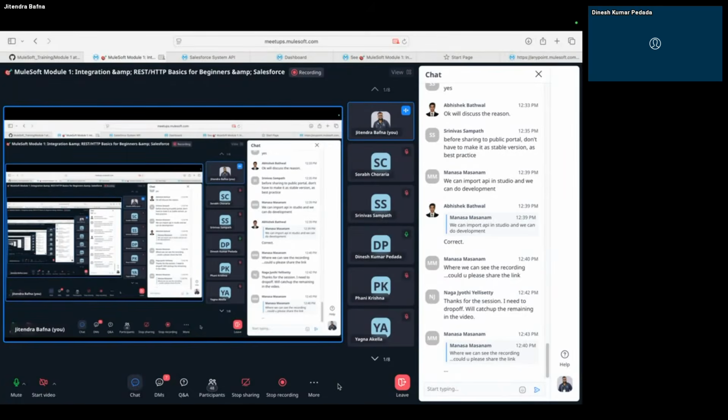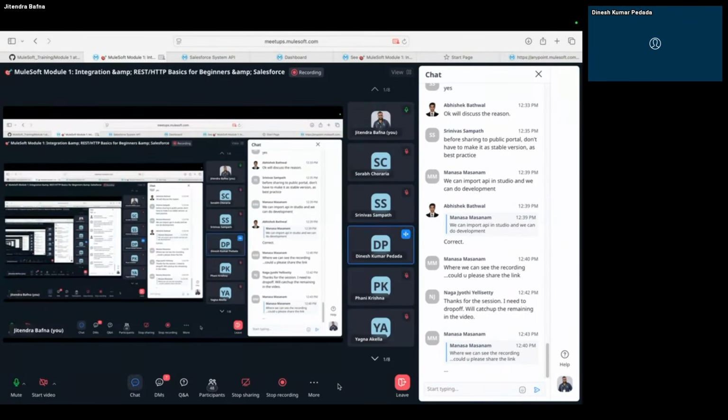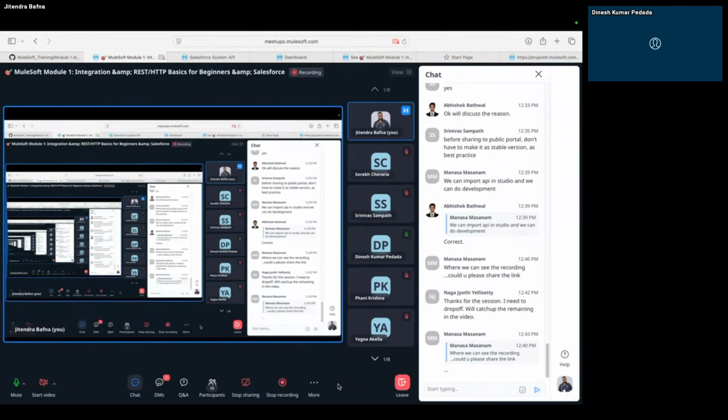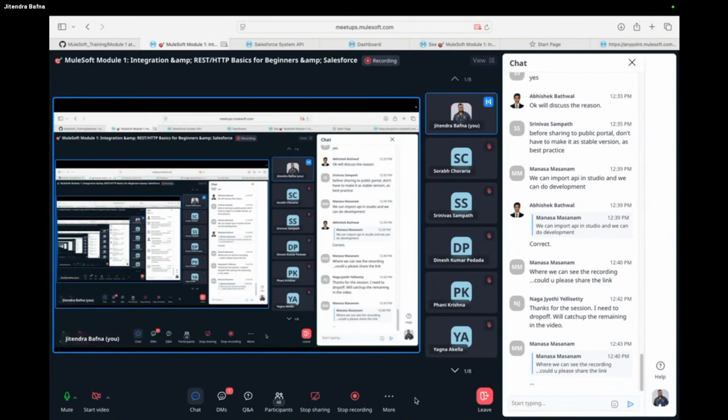Okay. Yeah, like this developer portal is only for external users, right? Yeah. I told you about open banking, right? Generally for open banking, when you are creating the API and you want those APIs to be consumed by some third party or fintechs, in that case you can publish those APIs to the developer portals. So that is the purpose of the developer portal.